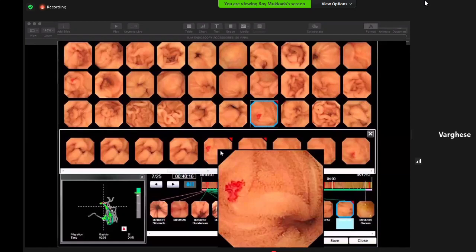Otherwise, those who have watched capsule endoscopy will always say it is not like watching a dance sequence. You are actually watching a movie with no audio, no background music, nothing, and the same small bowel you see from beginning till end. It is not a very easy thing, and it is quite boring, and you have to have a lot of patience to evaluate.